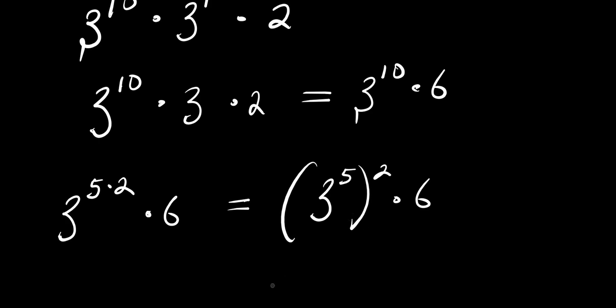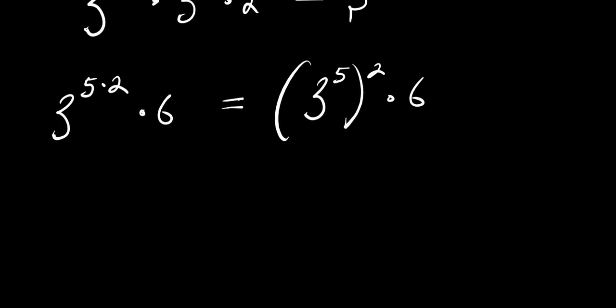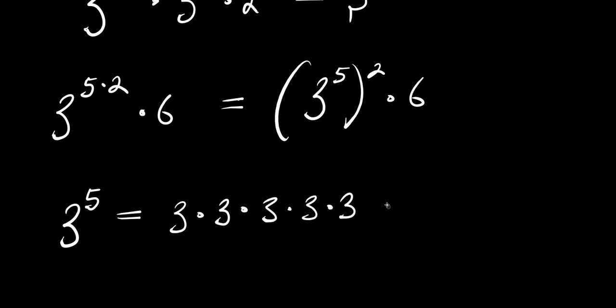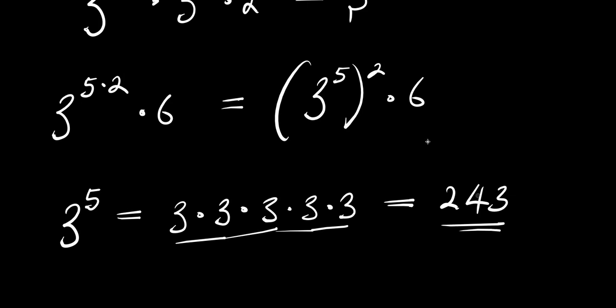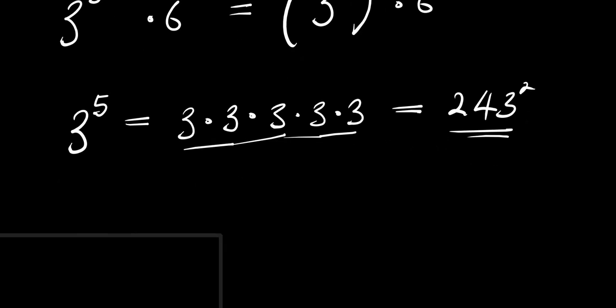So from here, we need to find out the value of 3 power 5. 3 power 5 equals 3 times 3 times 3 times 3 times 3. This is 9. This is 27. It is 81. 81 times 3 is 243. So this value here, we are going to raise it to the power of 2. So this means we have 243 power 2,